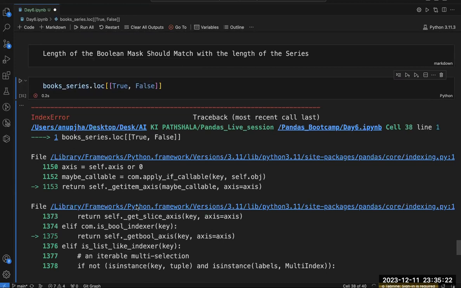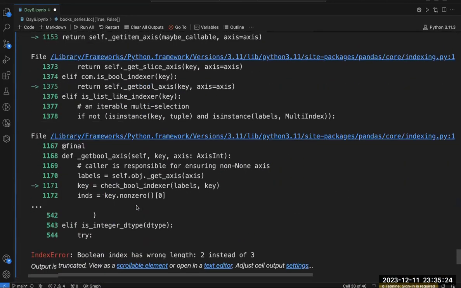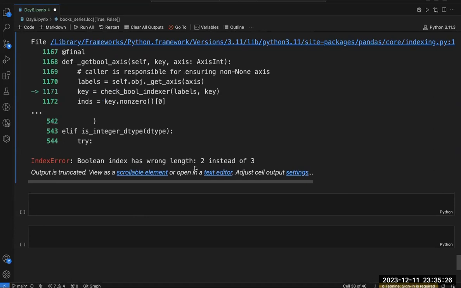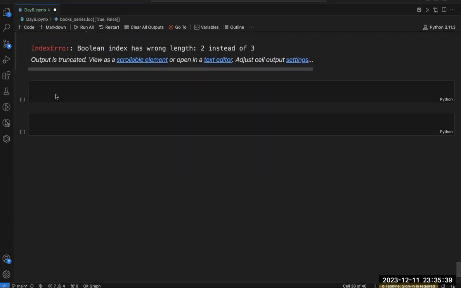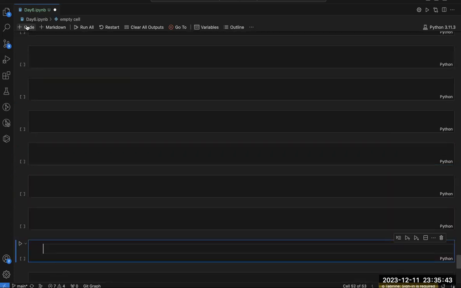Why is this error coming? Because the length is not matching. Boolean index has wrong length, 2 instead of 3. So till here, is everything fine, Varun? Yes, sir. Fine.